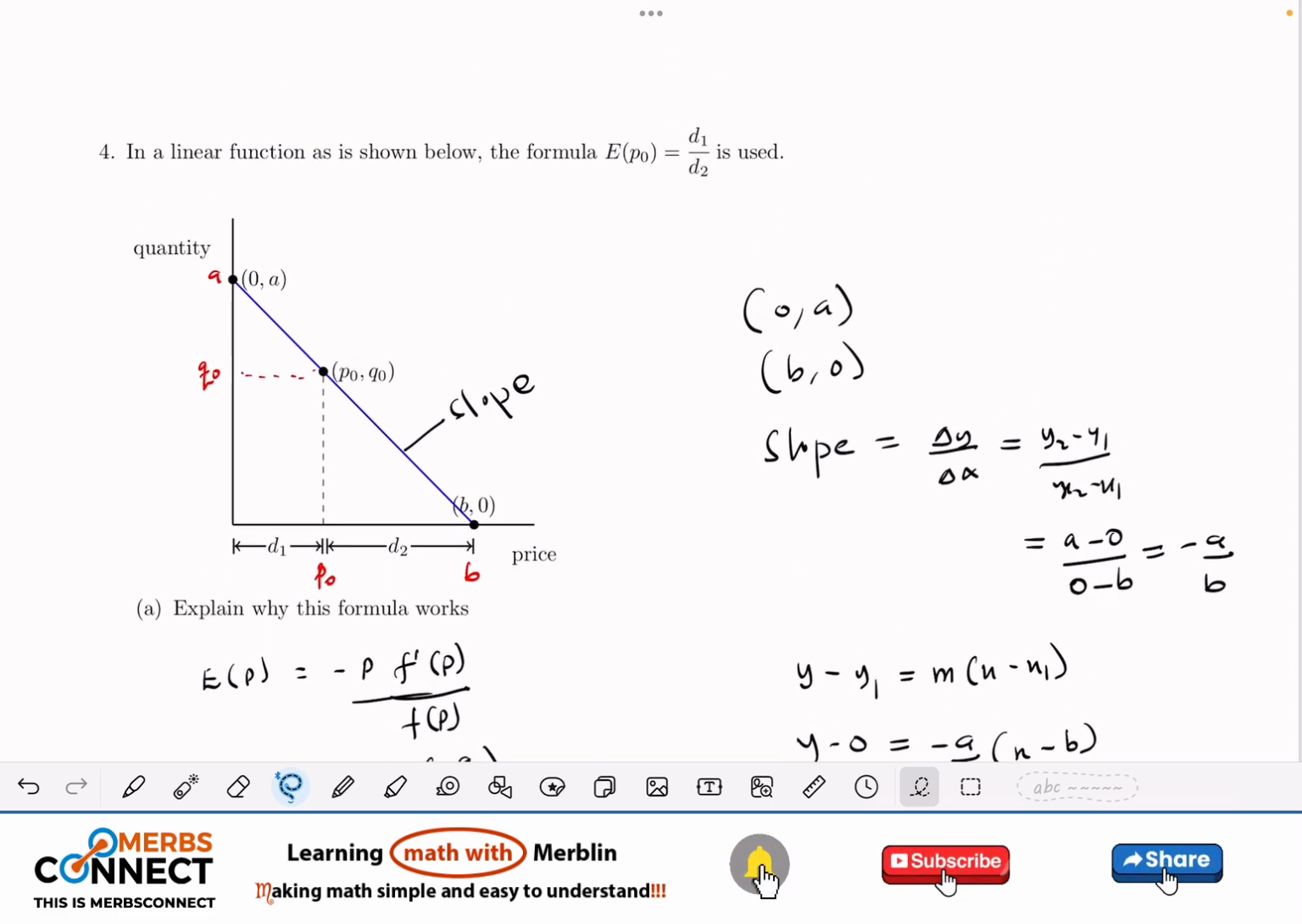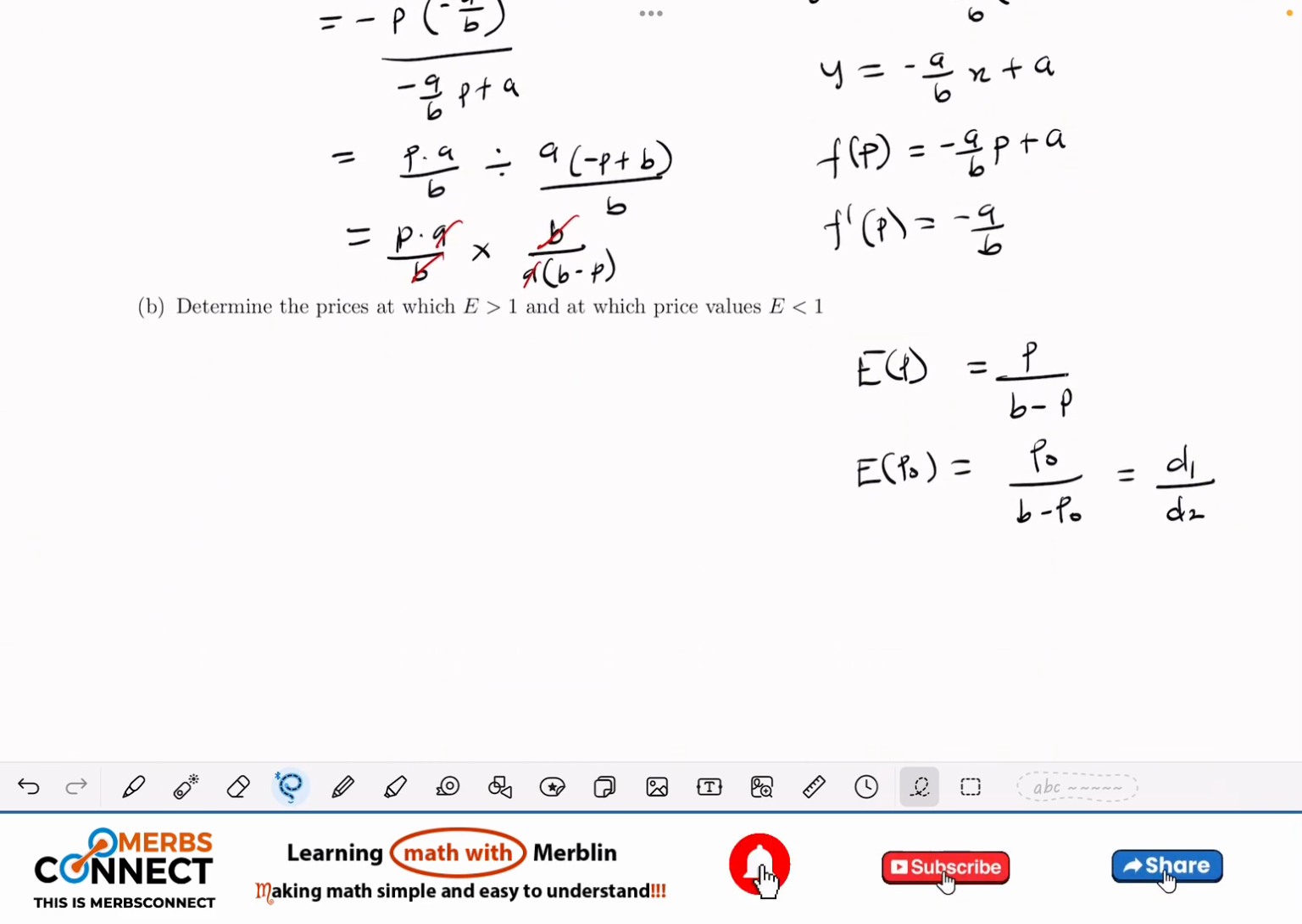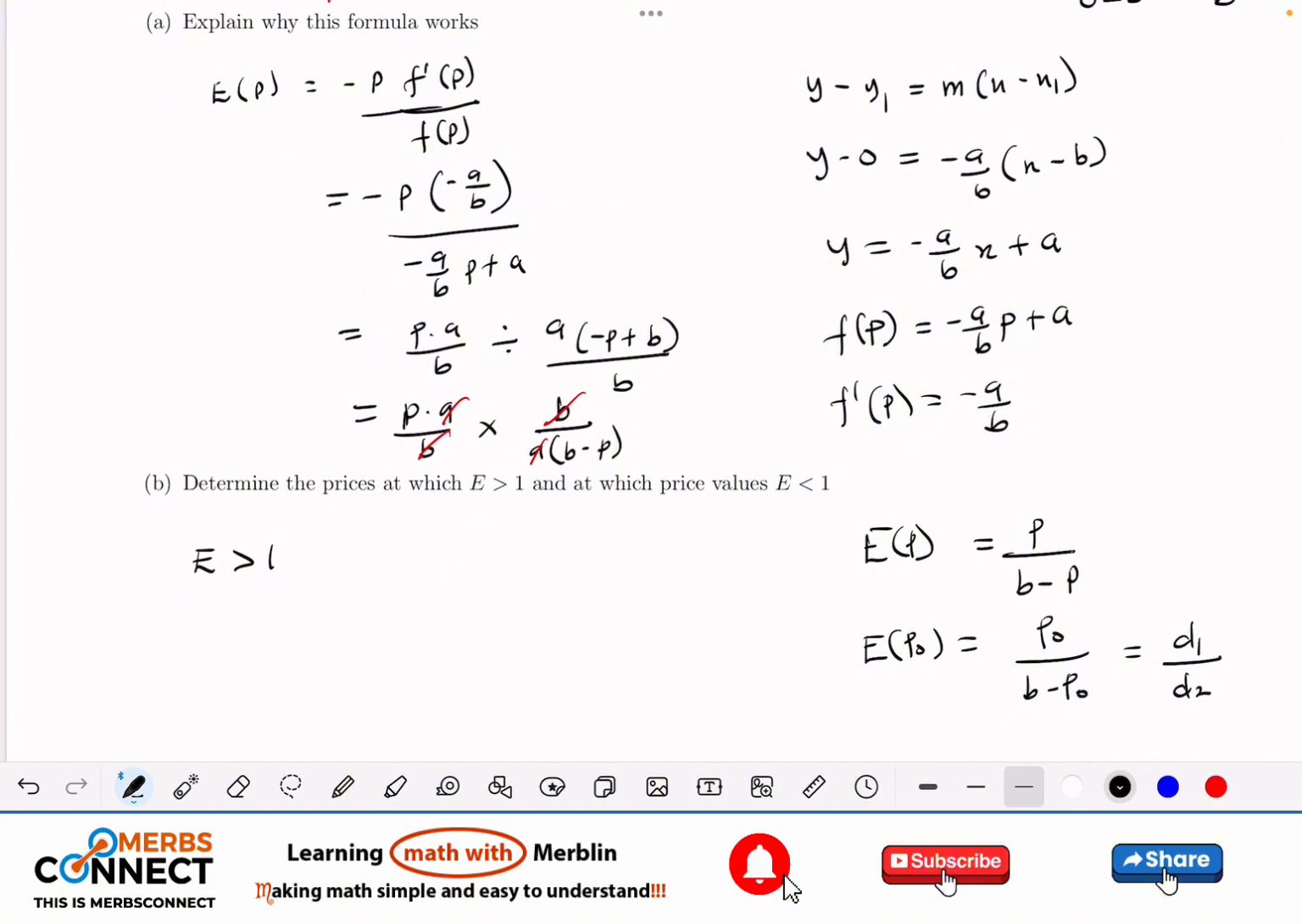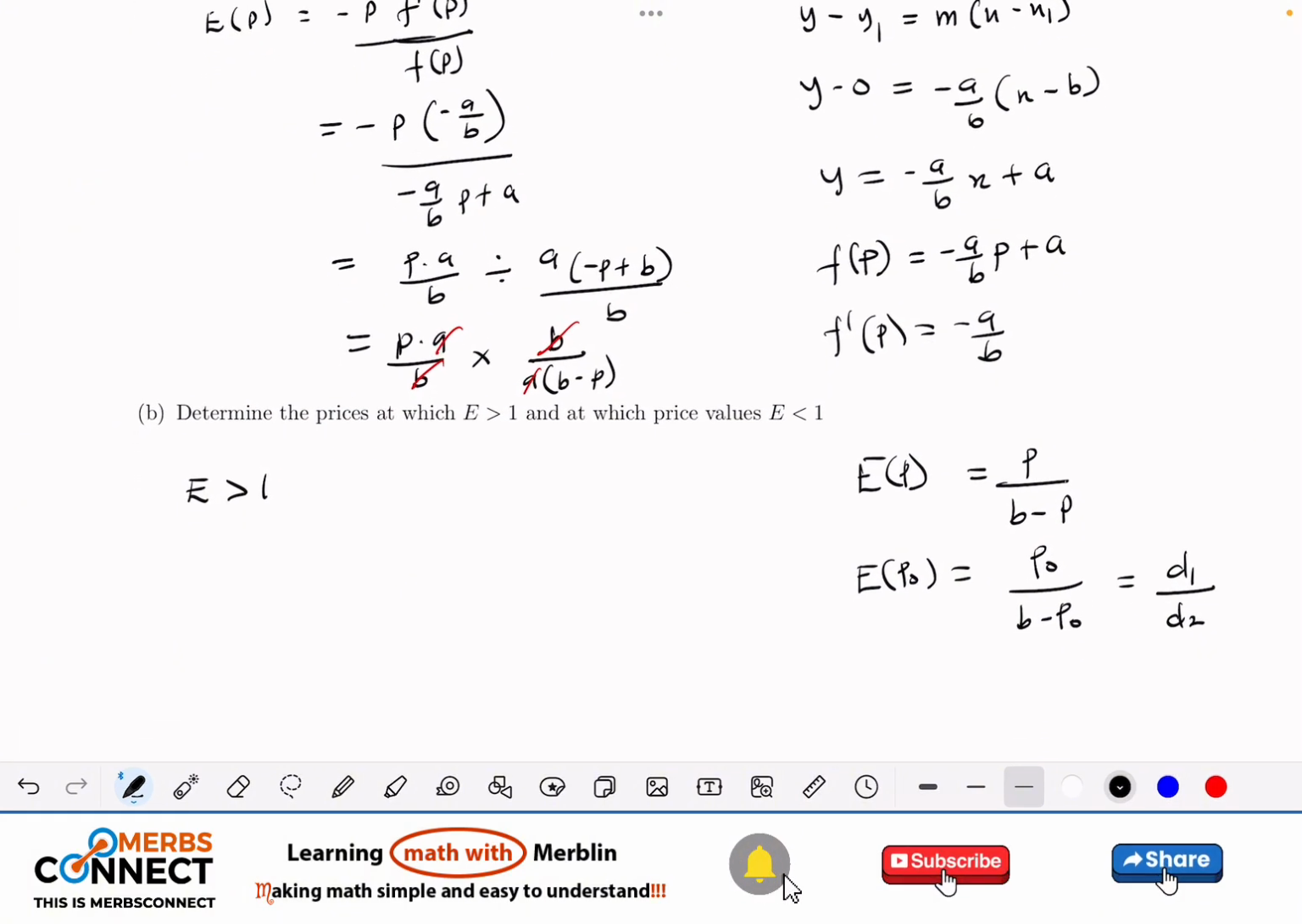Good. So now the next question is, determine the price at which the elasticity is greater than 1 and less than 1. So for greater than 1, now what is the elasticity? We found the elasticity and we have gotten something like this. So we are using this instead of this. We have something like this. So we are going to have